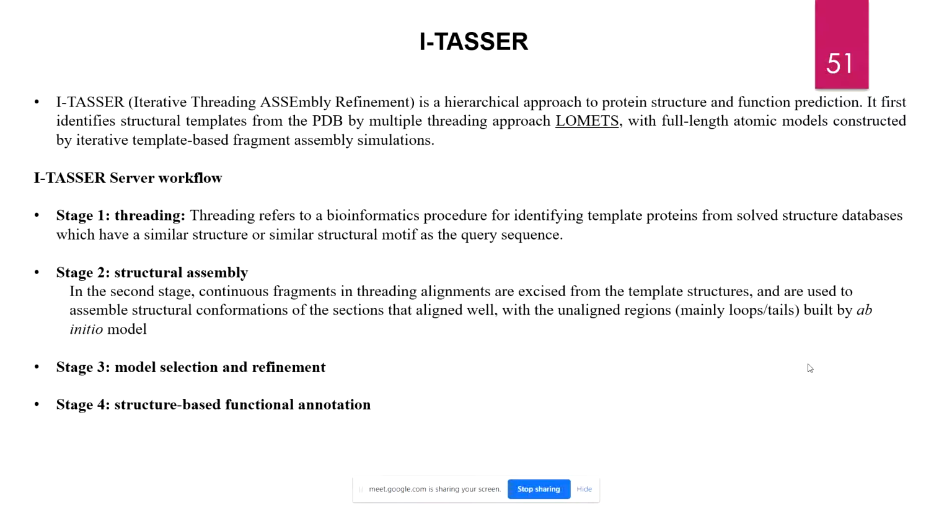And after this simulation of the structure, the function of the protein is then inferred by structurally matching this 3D model with all the other known proteins. And the output from a typical server run generally contains full length secondary and tertiary structure predictions, the function annotations, and even the ligand binding site. And if this particular protein is an enzyme, that also gives you an enzyme commission number and also other gene ontology terms.